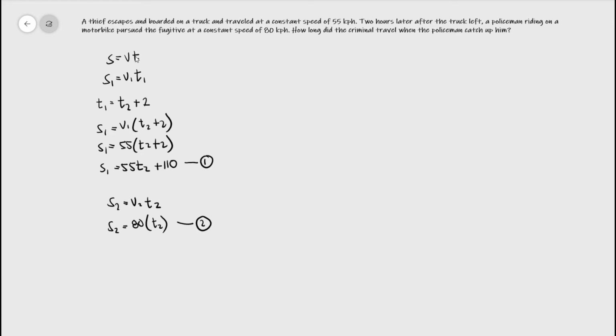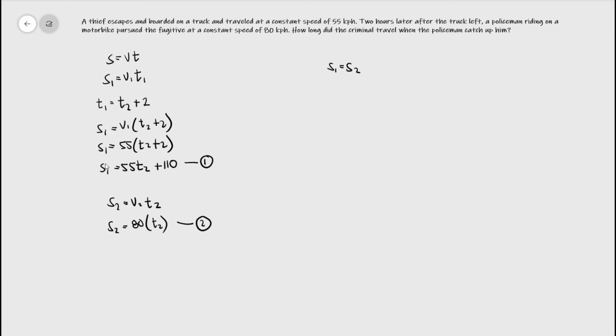Now from the condition, at what time or how long did the criminal travel when the policeman caught up to him? We need a value of T so that we can substitute it into S sub 1. To get the value of T, we have a condition again: the time when the policeman catches up to the criminal. We can say that the distance traveled by the criminal is also equal to the distance traveled by the policeman, or their distances at a certain point